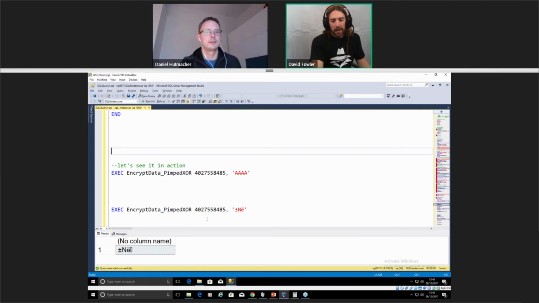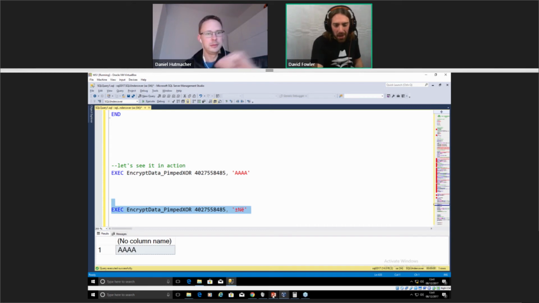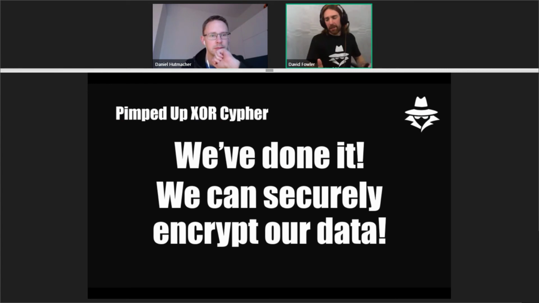To decrypt, we're just going to plug in our ciphertext. We're going to use the same key that we used to encrypt, and out will pop our now decrypted plain text. So there we have it. We've done it. Now we know we can produce a cipher that is resistant to brute force attacks, that is resistant to statistical